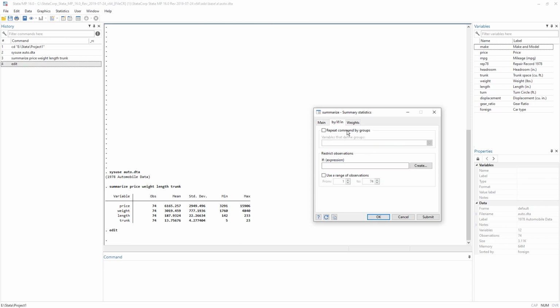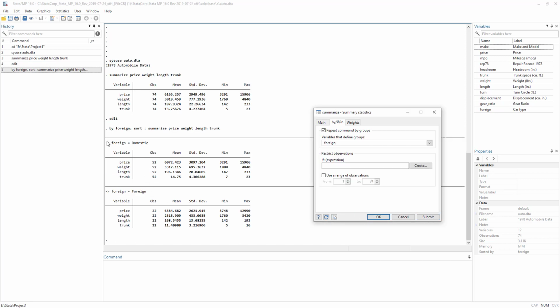We want to group the data by our categorical variable. We click submit, and now it performed summary statistics for all those variables for domestic and foreign cars. Remember, we had 74 observations, but 52 of them were domestically produced cars and 22 were foreign produced cars.